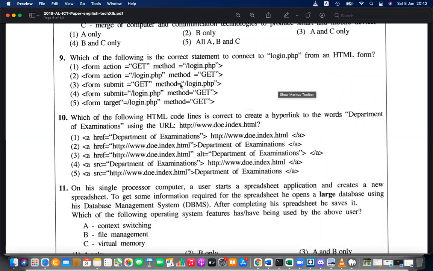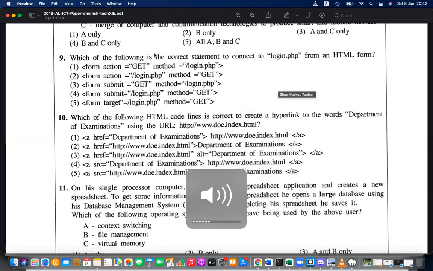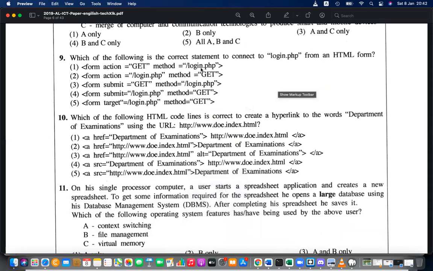One small question about the previous lesson, actually PHP. Since I saw the question, what is the answer for question number 9? We learn about PHP and we learn about HTML. Can you answer question number 9?